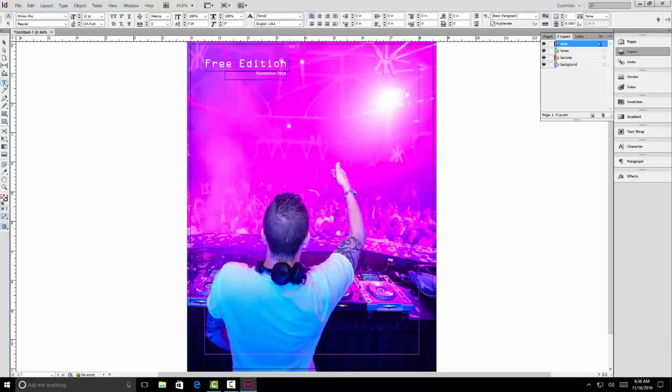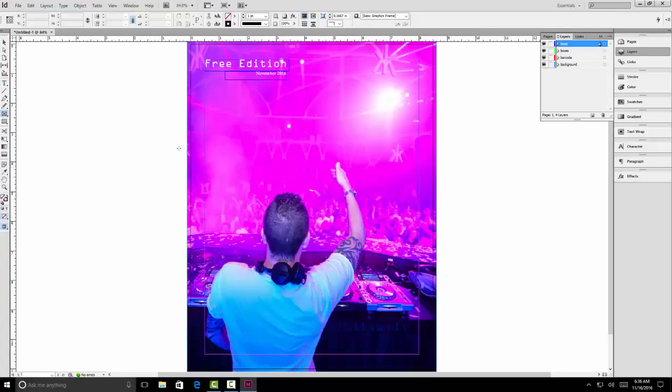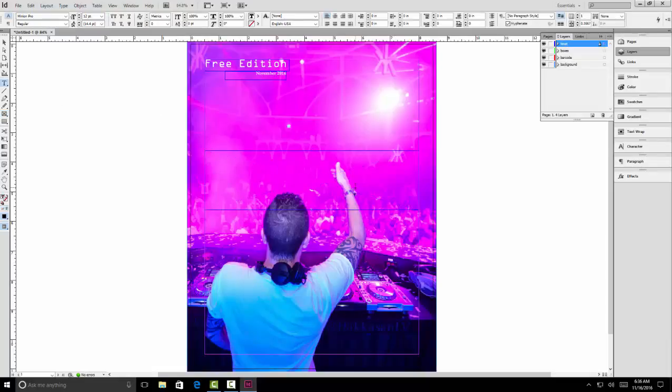To do that, I'll grab my type tool, and I'm going to do it from margin to margin. So, in fact, I'm just going to use my rectangle frame tool, I really do like it. I'm going to drag this right here. Then all I have to do is grab my type tool, click right in there, and it's ready to go. So the name of my magazine is going to be I Spin,